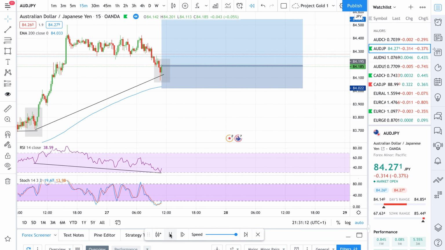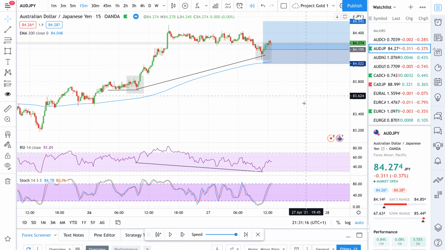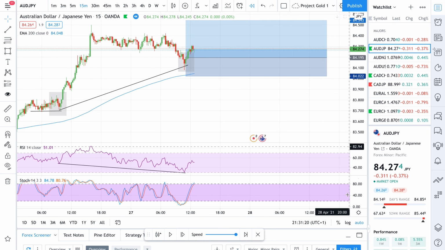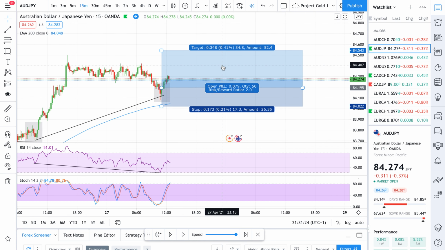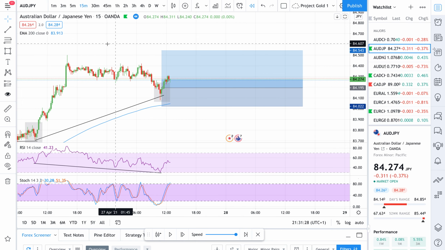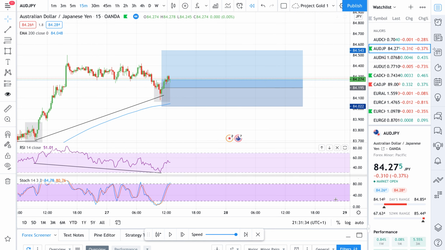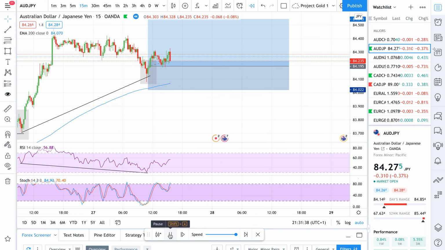So as you can see, we've got a nice smooth crossover. The lines are very clearly apart around this area, and that was my entry signal. Now, in terms of targets, guys, I like to generally go for a 1 to 2. However, if there is a resistance zone or support zone you can match your target up to, then by all means go for that. If it's higher than a 1 to 2, go for it. Okay. So in this instance, we had a 1 to 2, quite a long trade,